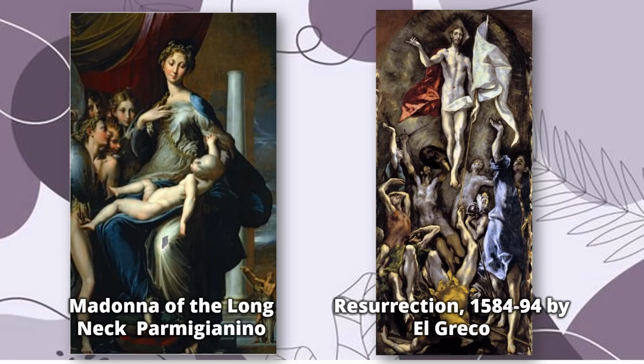So, itong painting na to is also known as Madonna and Child with Angels and Saint Jerome, but earned the name Madonna with the long neck because of the curious length of Madonna's swan-like neck. So, yeah. Yan yung one example of elongation. Makita nyo rin dito yung baby medyo elongated din. Next, we move on to The Resurrection by El Greco.